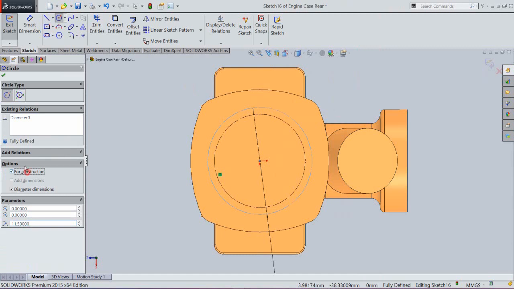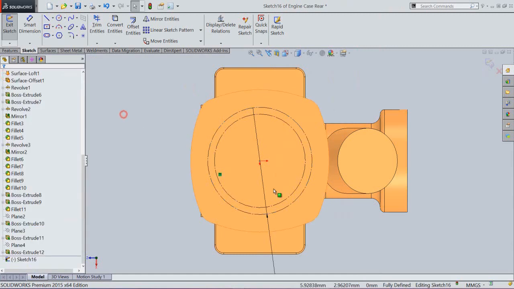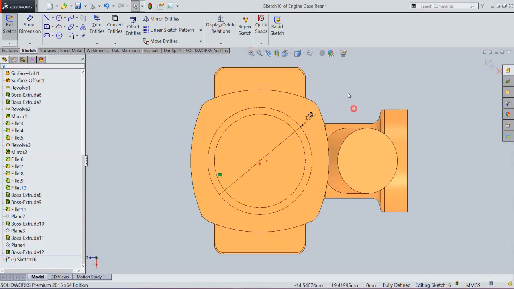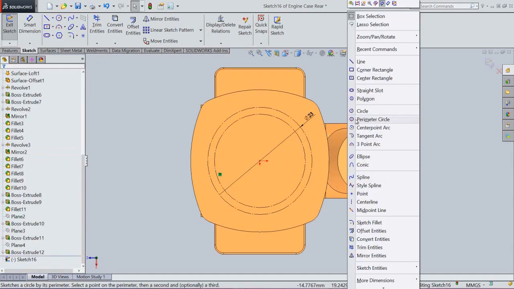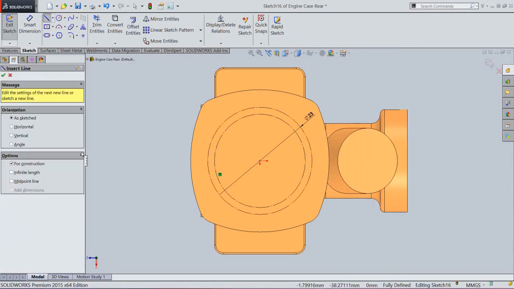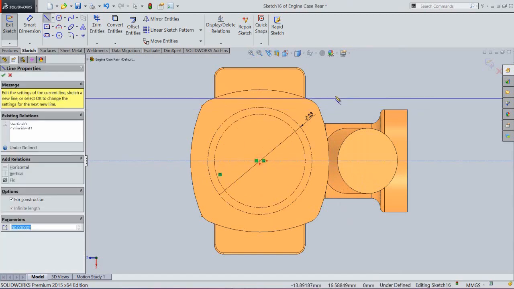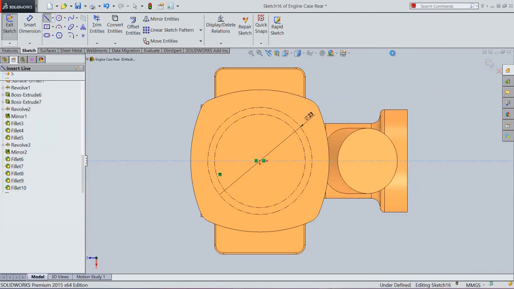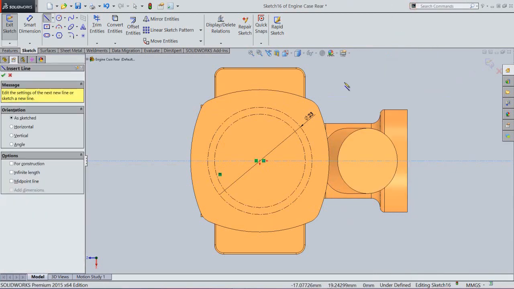Okay, this circle will keep as a construction circle. Create a vertical line. Okay. Now create another line like this.